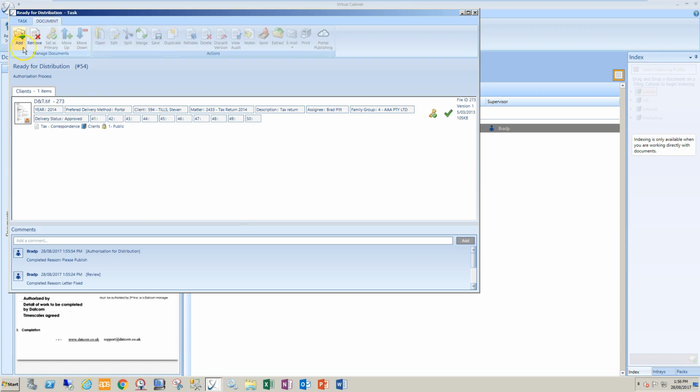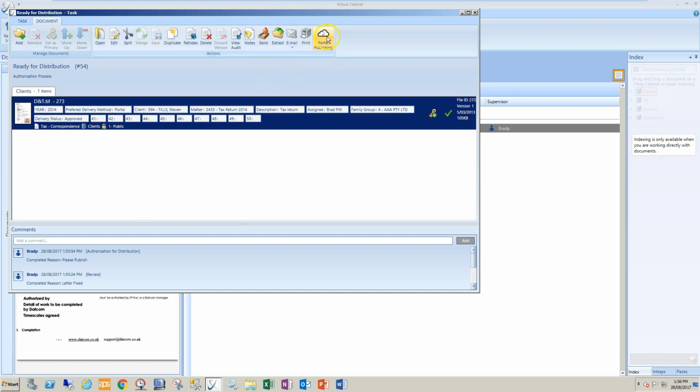They can go to the document, select the document and publish it, and when they're finished publishing it, they can come back to their tasks to complete it and say, look, I've published it, or if they've emailed it, they can say I've emailed it. Unfortunately, when you run these tasks, it won't do it on your behalf. You have to actually go to the task itself and complete the task on what you've actually done to that